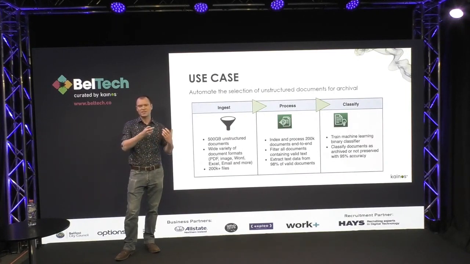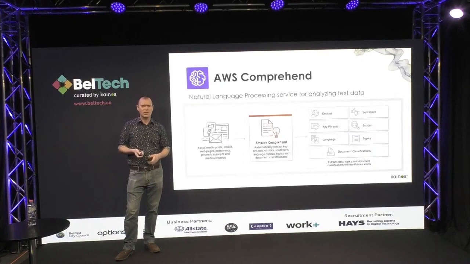So the task then was to look at this large corpus of documents and the bit in the middle to glue that together, to work out how we could take all of this data and get it into a form that would be usable by some of the services that we wanted to use. And the platform that we were using was AWS. So obviously those were the services that we were interested in assessing. Could they help us with this problem?